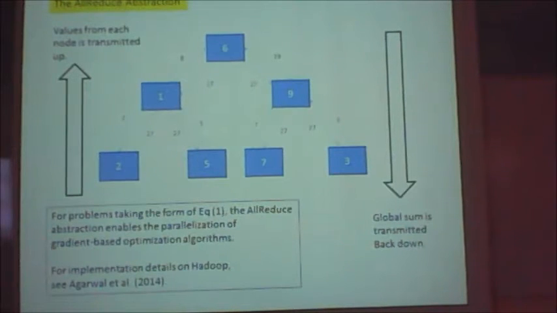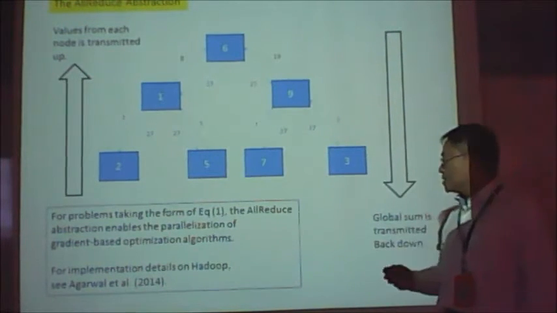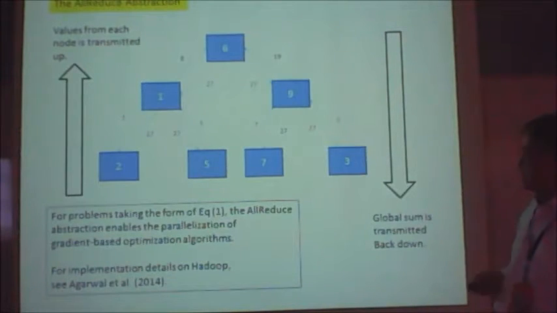So what is good about this is that it allows the parallelization of gradient-based optimization algorithms by using the all-reduce structure. Basically, there's a tree structure in the setup, where the communication goes up to the root and then comes down again. So at any point, the aggregation can be done. For example, if this is just calculating sums, the global sum will be transmitted down. I didn't go further into this, but you can have a look at it if you want.